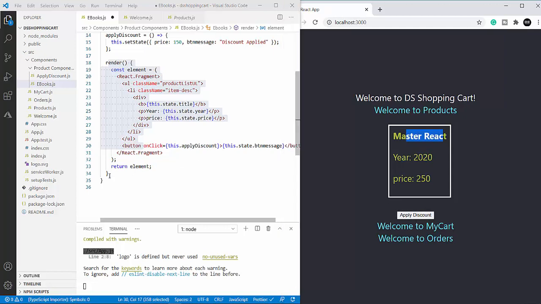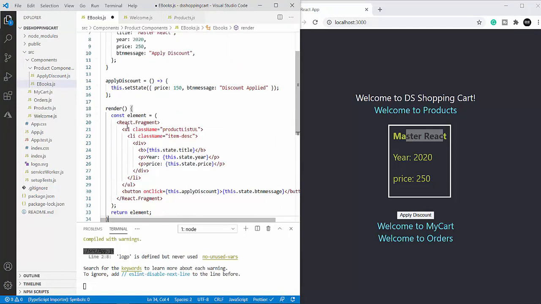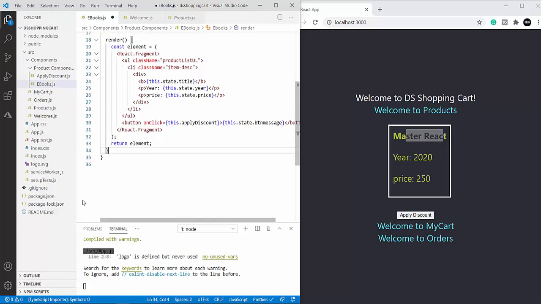So here, I will be including the componentDidMount method inside my ebook.js. Also, it is not necessary to include every lifecycle method inside your component. They are optional. You can use them or you can ignore them.